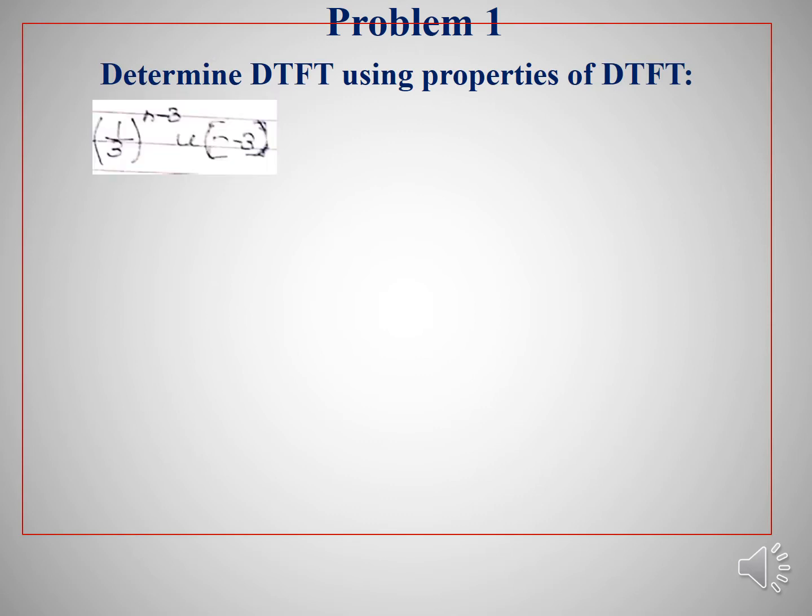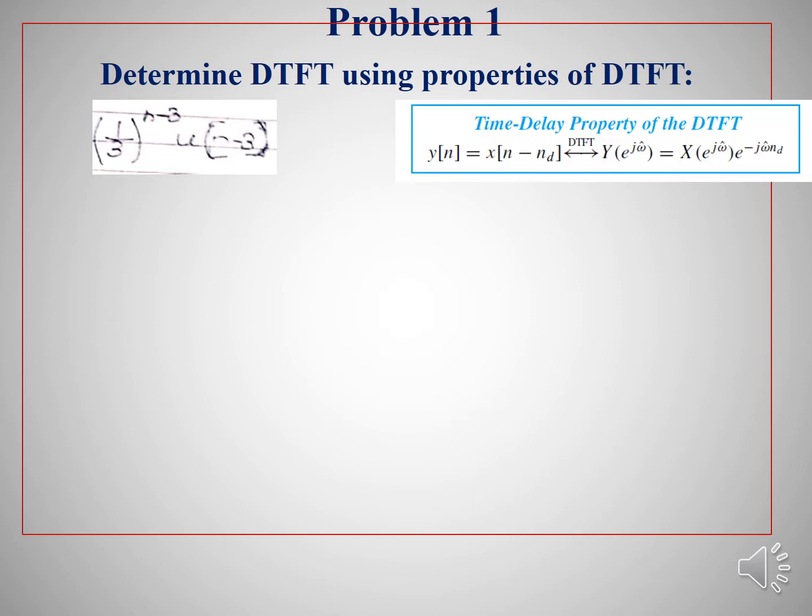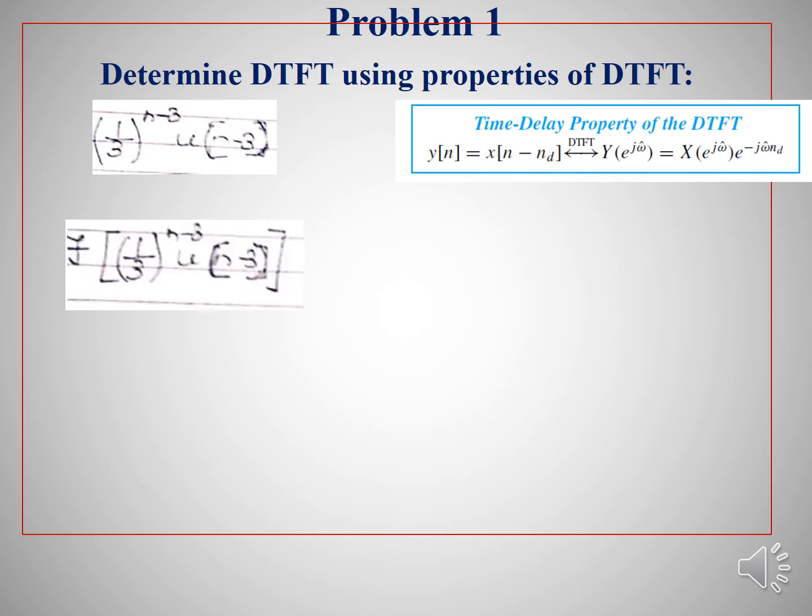Let us go on to the first problem on determining the DTFT using the properties of DTFT. The problem given is (1/3)^(n-3) u[n-3]. Using the time delay property, x[n - nd] is equivalent to X(e^(jω)) into e^(-jω nd), where nd in this particular problem is 3. So, trying to determine the Fourier transform of (1/3)^(n-3) u[n-3], we would be getting it as